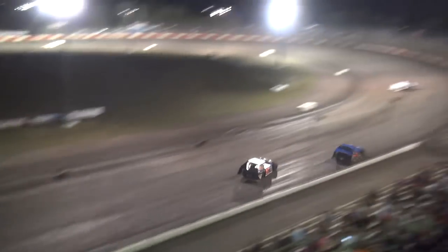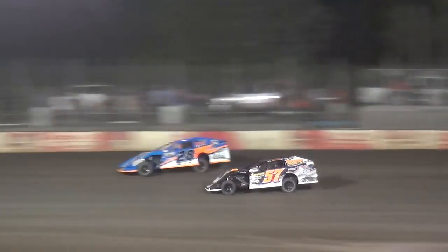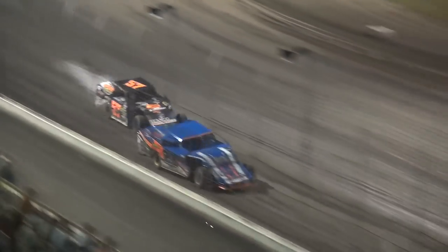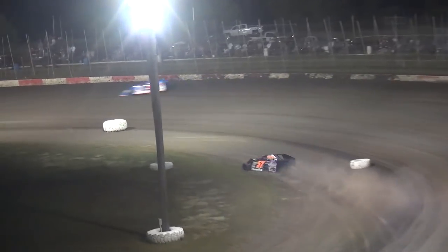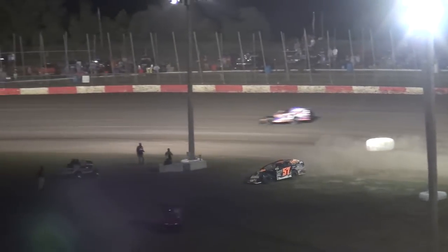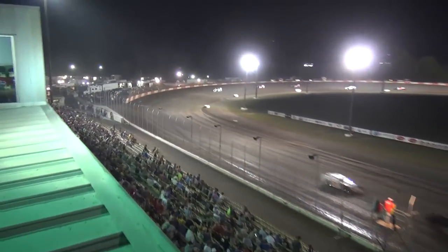But your leaders, Brad Smith, Tim Powell working on the 28 of Andy Bryant. Brad Smith, a good run here tonight, keeping in front of Bryant. Oh, there goes Tim Powell, the 57. Oil all over the track on the front stretch. Tough break there for Tim Powell as he goes up in smoke coming down the front stretch. Tim Powell with all kind of moisture down on the track as he was just trying to make a move to get around the